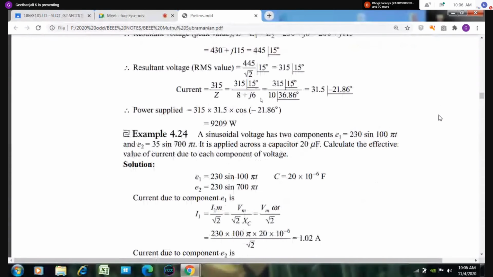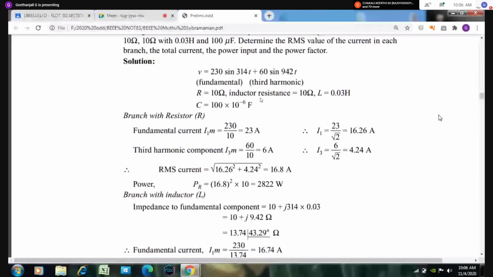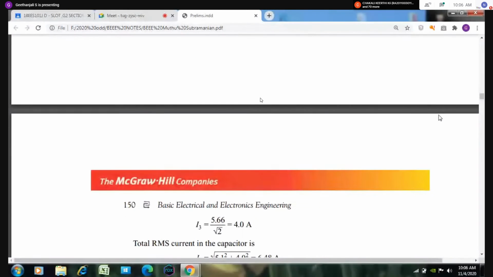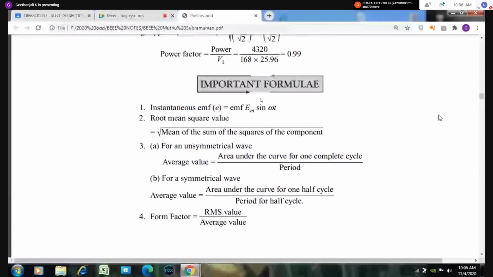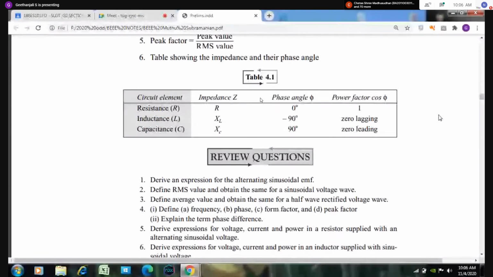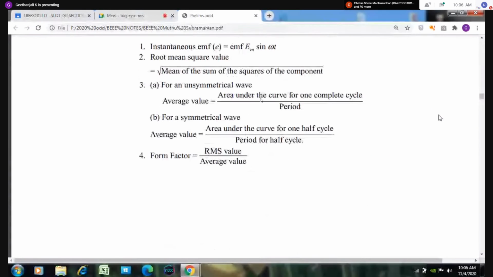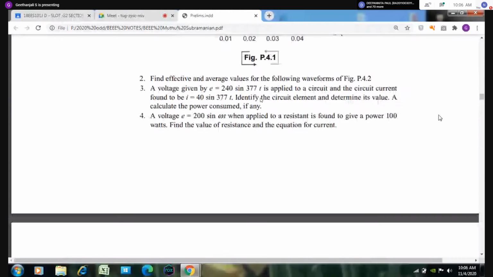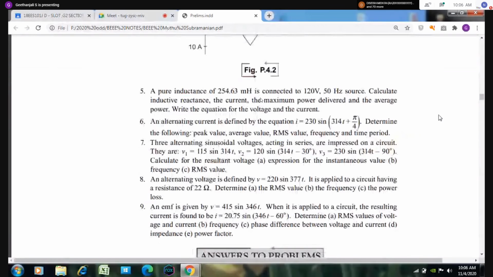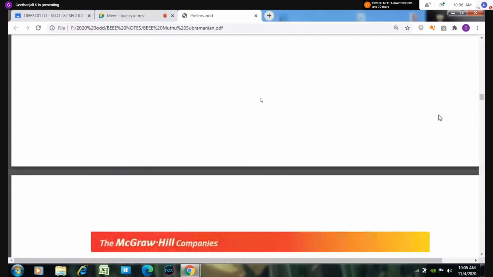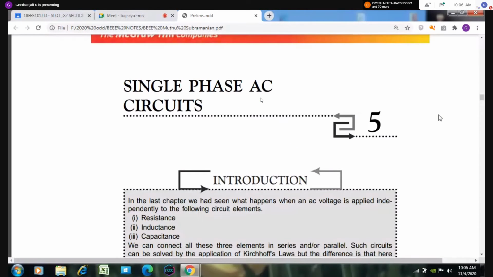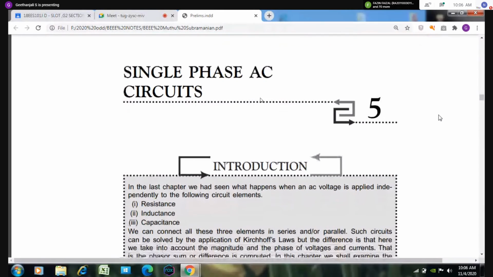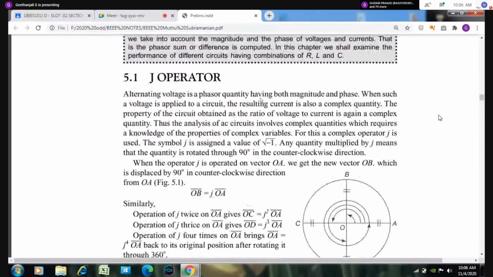So anyway, while you are preparing for your exam, you sit and work out these problems. They may ask in the 1 mark question. Some important expressions are given here. All of you memorize all the expressions given here, so it will be useful for you while answering the MCQ. MCQ means you should be very clear with the final expression. Then only you can substitute the values, and easily find the remaining unknown values.